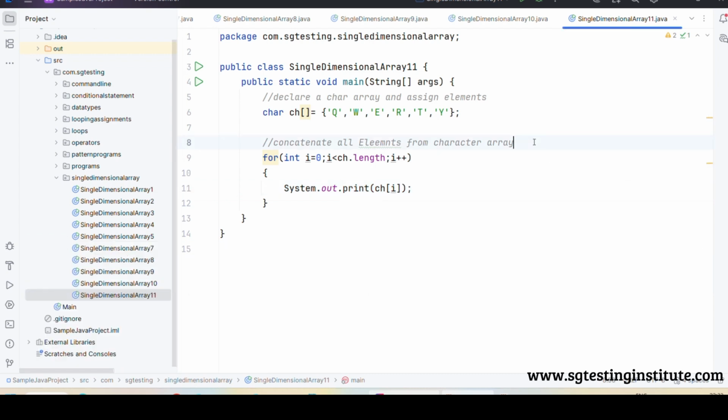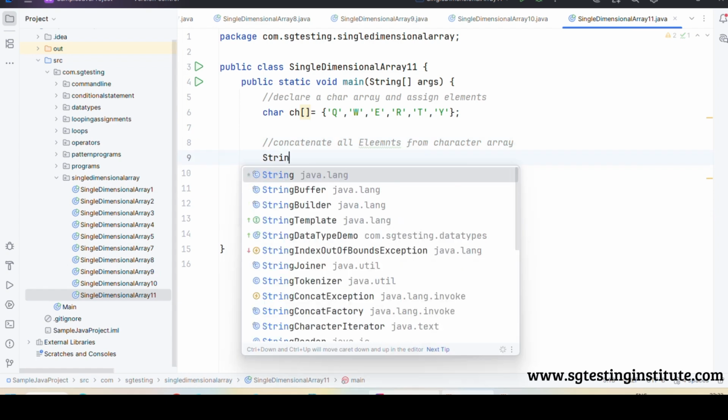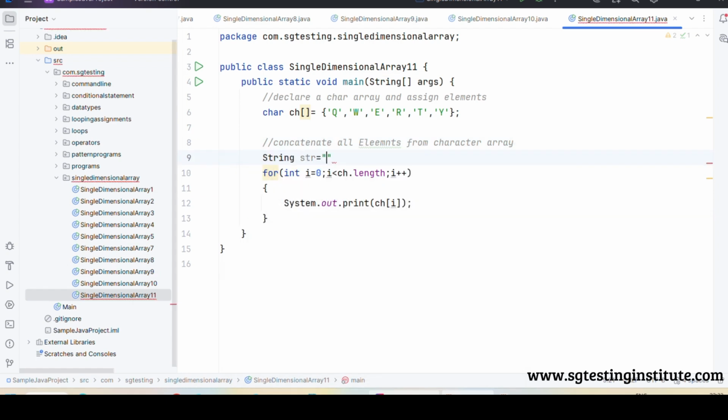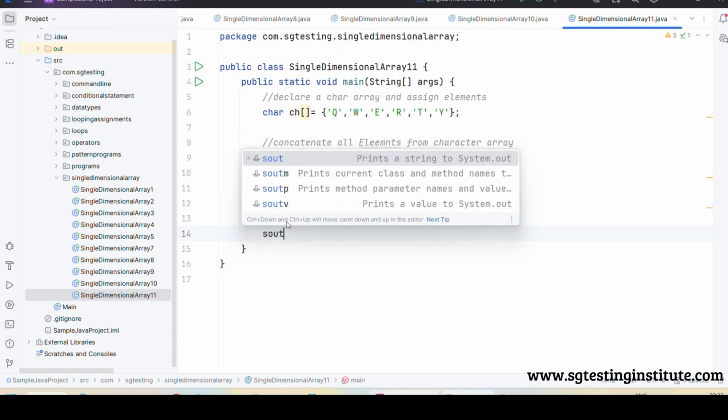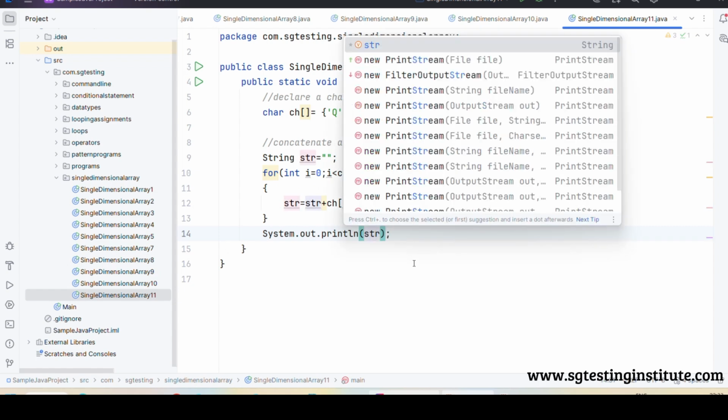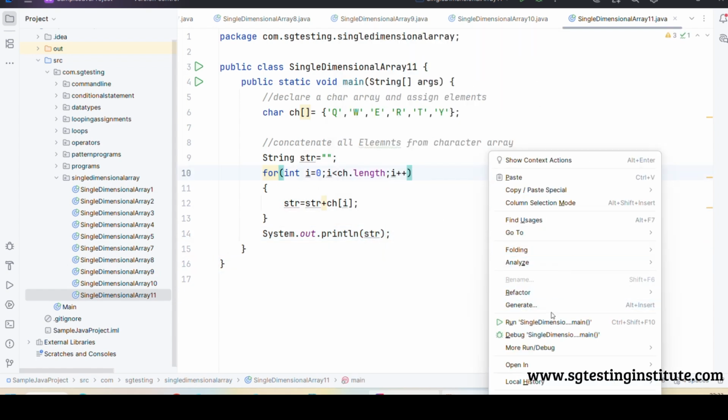In order to perform the concatenation, create one string variable, which contains a blank value, not null, a blank string, an empty string. Now what we have to do is, we need not print. str is equal to str plus ch of i, we need to perform. This is called the actual concatenation. Now print str. As soon as we execute,